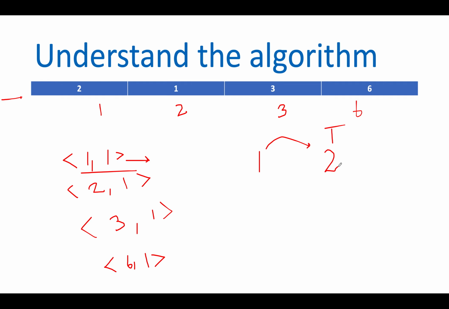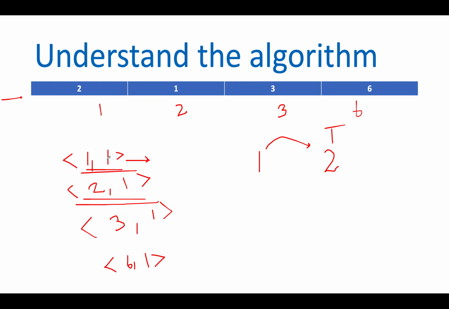So the frequency of the target element is 1, and the current element into consideration is also 1. What I'm going to do, I'll reduce the frequency of the target element by the frequency of the current element. The frequency of the current element is 1, the target element is 1, so the frequency of the target element will be reduced by the amount of the current element, and it will become 1 minus 1 is 0, so it will be updated to 0. That means we have consumed this element, so this element is gone and this element is also gone.